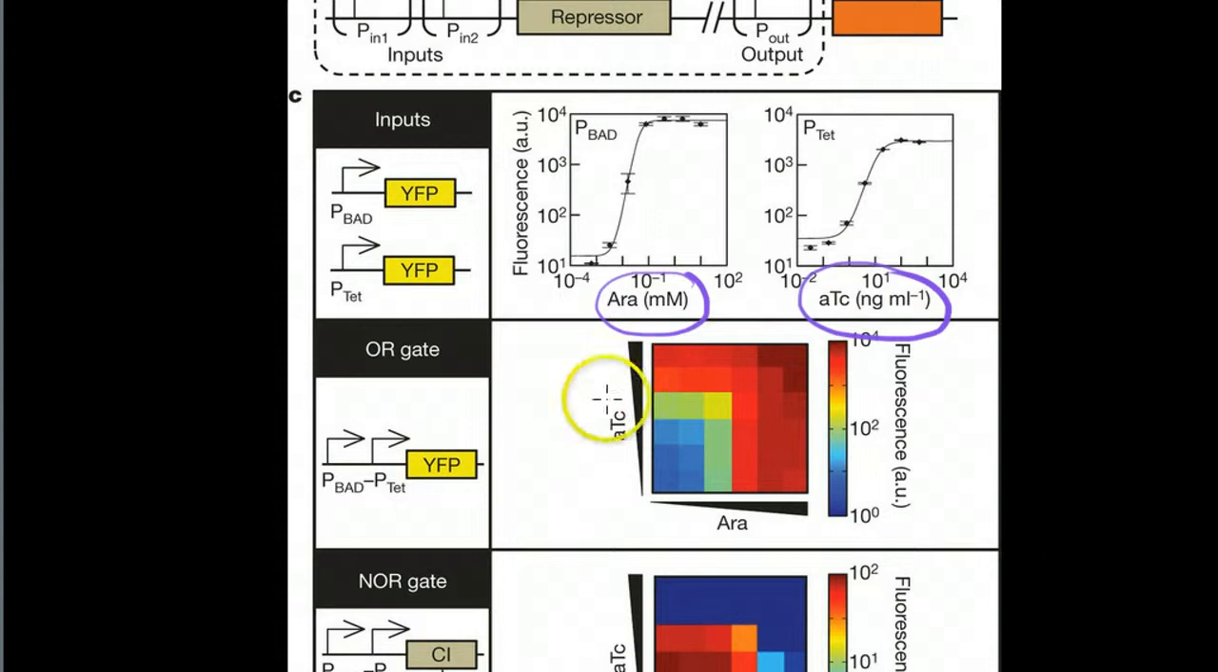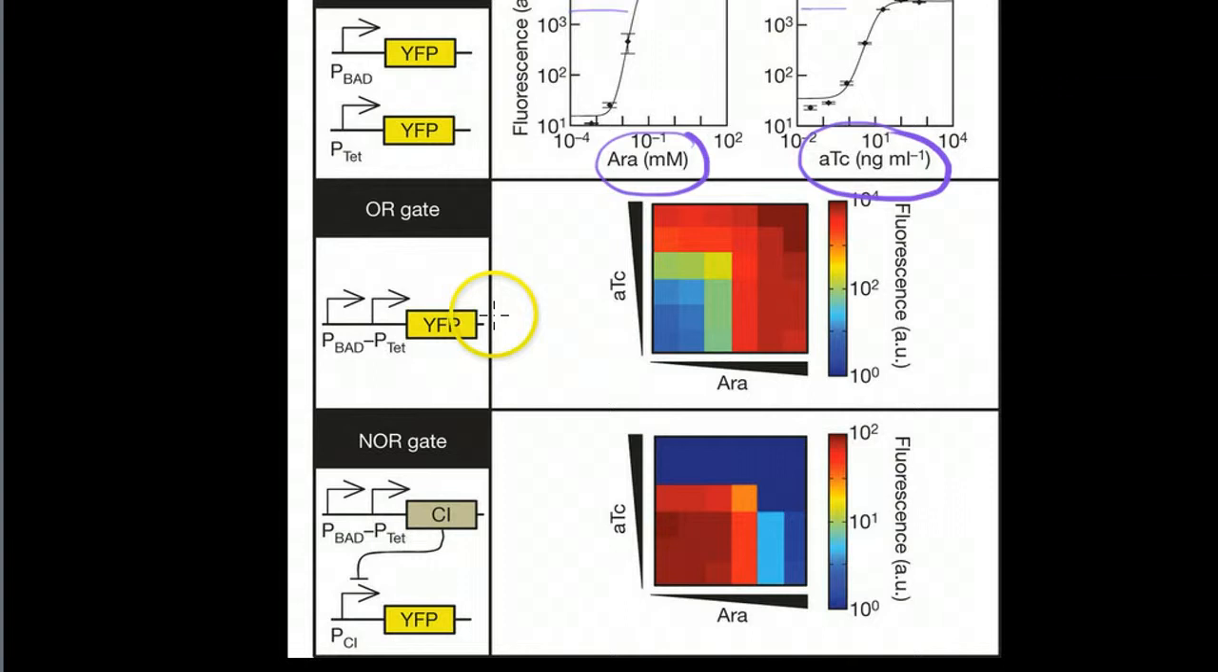And you can see these are the individual transfer functions for PBAD and PTET, and these were measured using flow cytometry. So now the authors were able to produce an OR gate by placing both PBAD and PTET promoters in tandem, and they were able to see that when, as you can see from this image here, if either,